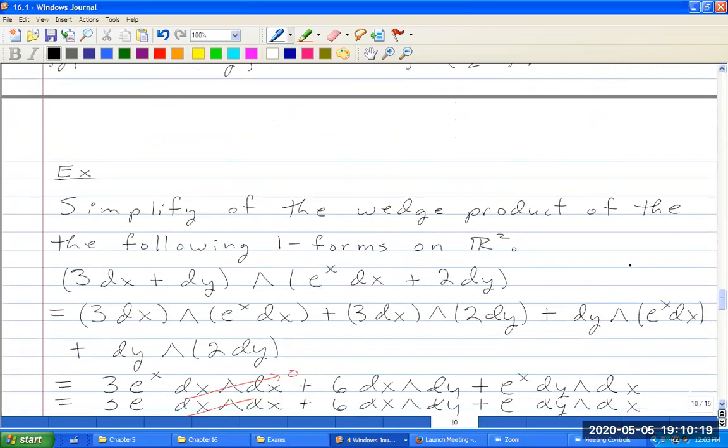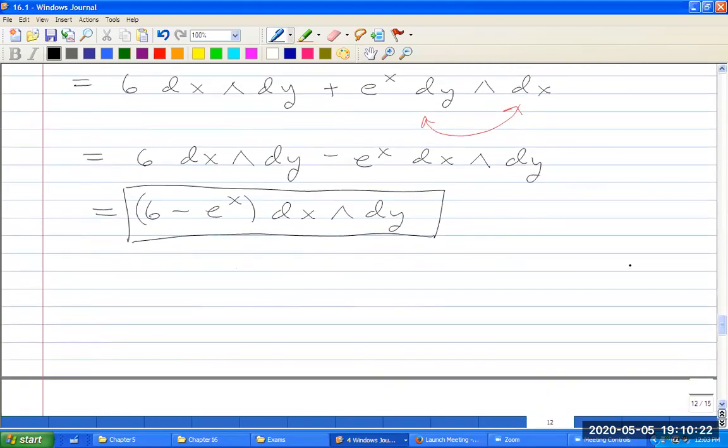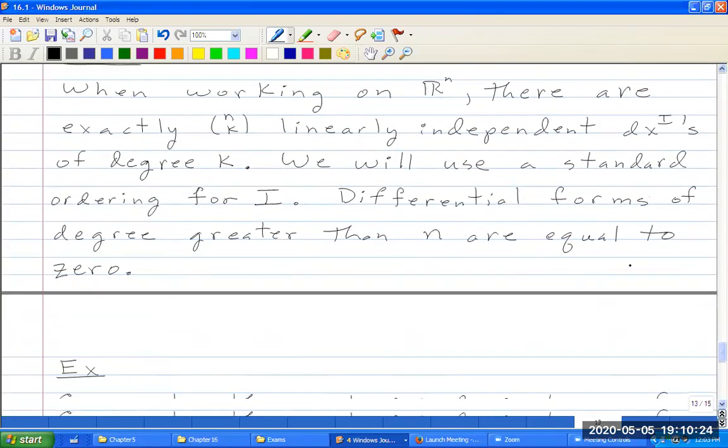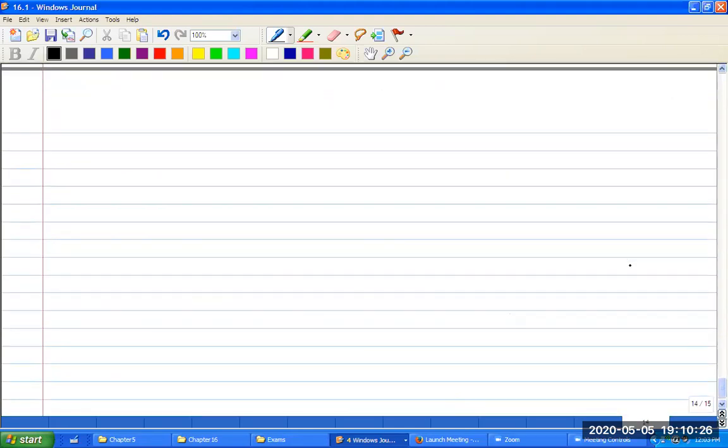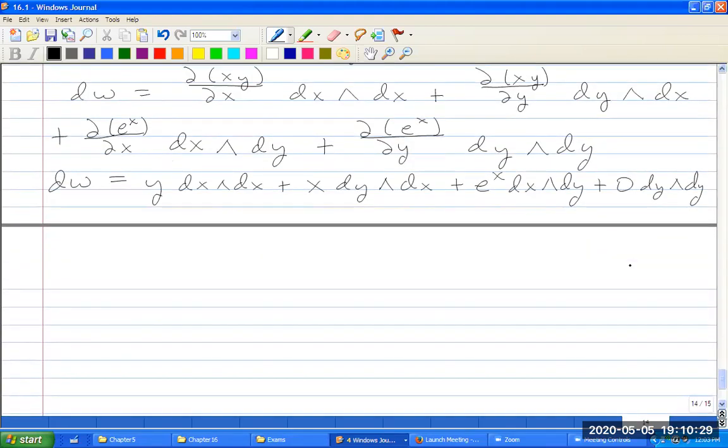So let's finish this off. Now here it is. First off, dx wedge dx, that's 0. So this guy is 0. This guy obviously is 0. Doesn't matter, I already have a 0 there. So the exterior derivative d omega is equal to